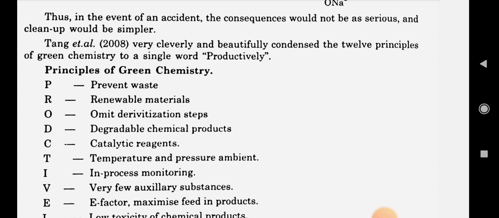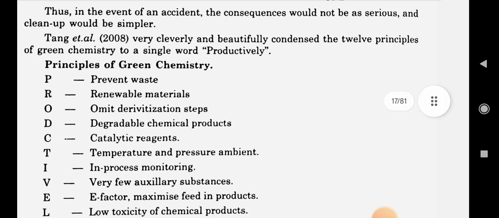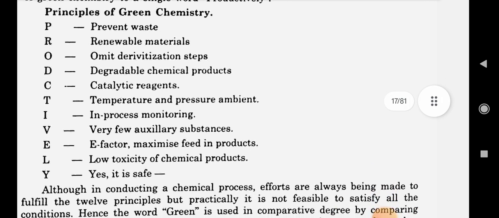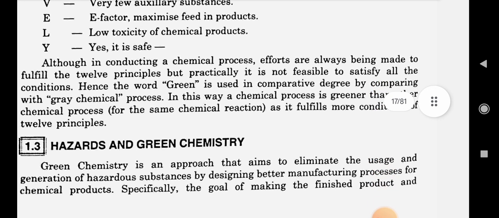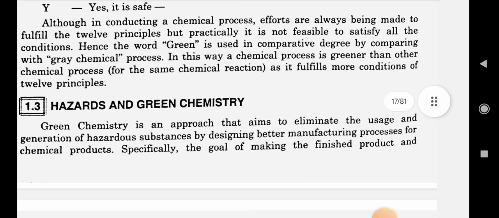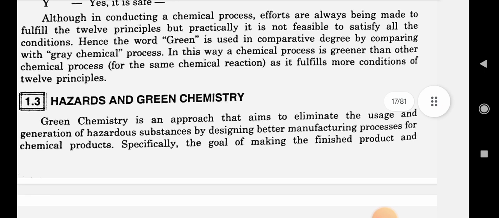Tongue Ital very clearly and beautifully condenses the 12 principles of green chemistry to a single word: PRODUCTIVELY. Productively, principles of green chemistry. P, productively. All through conducting a chemical process, efforts are